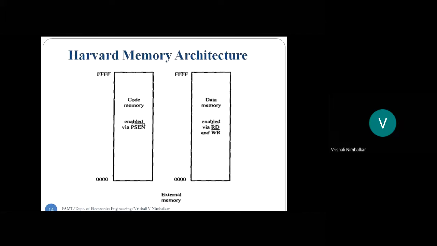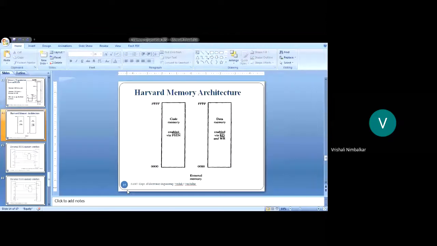So we said the 8051 microcontroller is of Harvard architecture. It means separate address space for RAM and ROM. Correct? So look here. External memory is shown. 64 KB program memory, code memory, 0000 to FFFF. Whereas a separate 64 KB data memory, RAM, 0000 to FFFF. Correct? See, the addresses are the same, but the physical space is different. Correct? So separate address space for code ROM and separate address space for RAM.